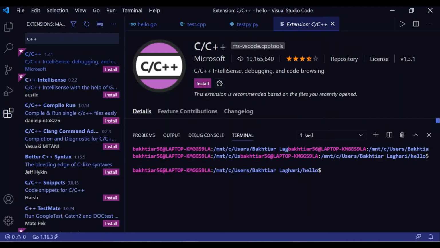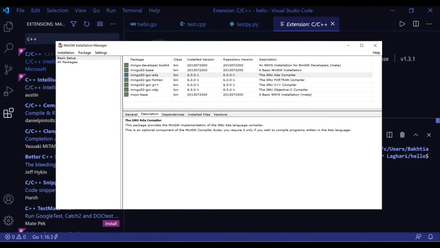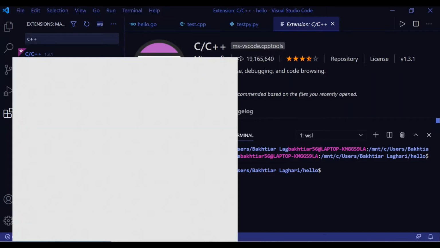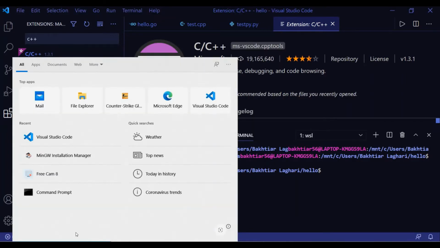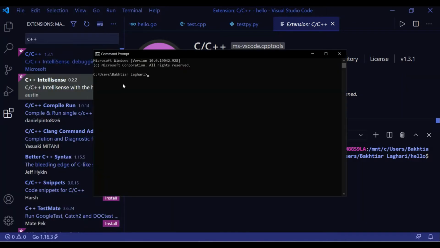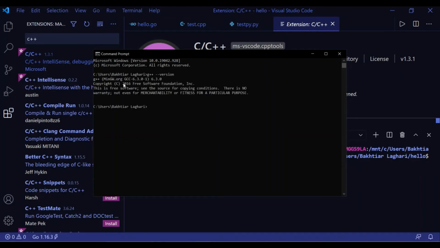Okay, so make sure. Come here, type cmd. To make sure that your compiler is correctly installed, type g++ --version. This will tell you that the g++ compiler is installed, and to verify further, you can type gdb --version.